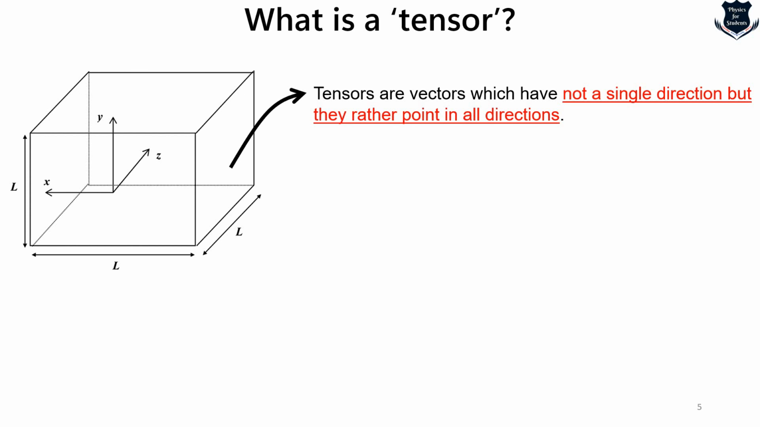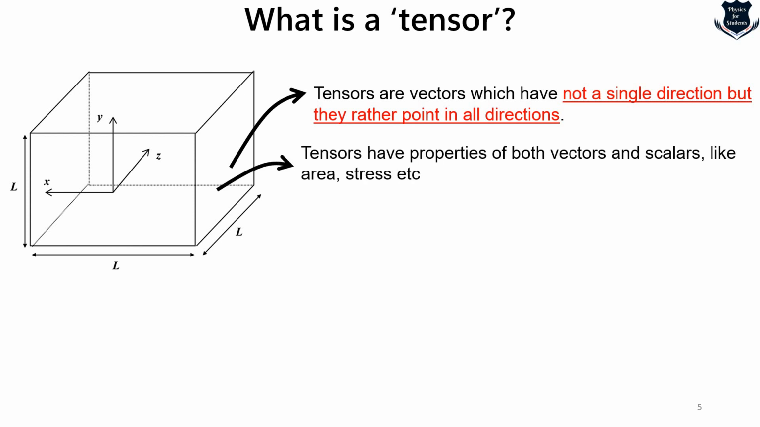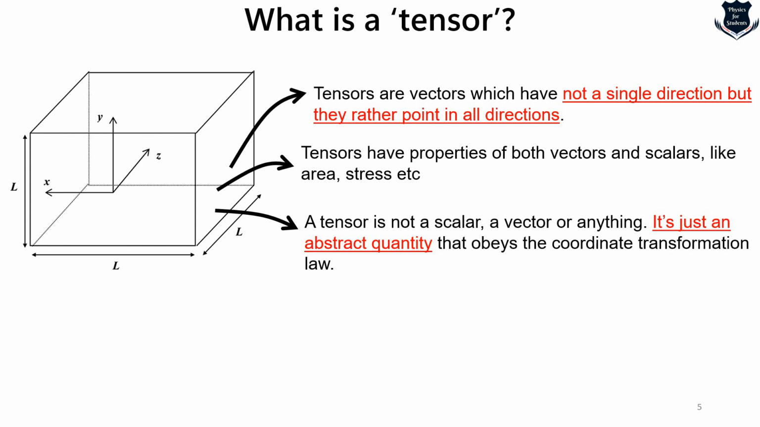As an example, I have taken this cube, which is 3-dimensional: x, y and z, but it has also got another dimension and maybe more. The second feature tells that tensors have properties of both vectors and scalars, which we will explore, like area, stress, etc. The next characteristic tells that a tensor is not a scalar, a vector or anything, but actually it is